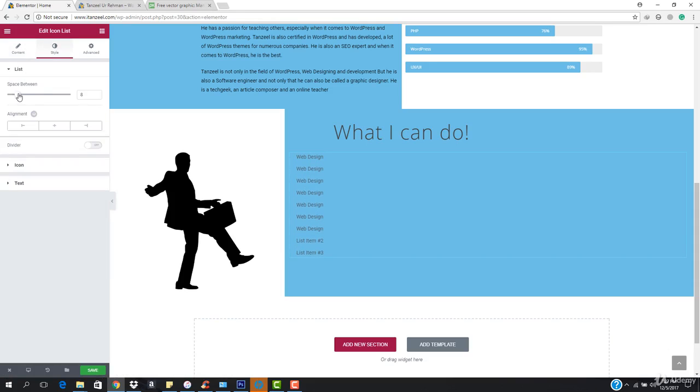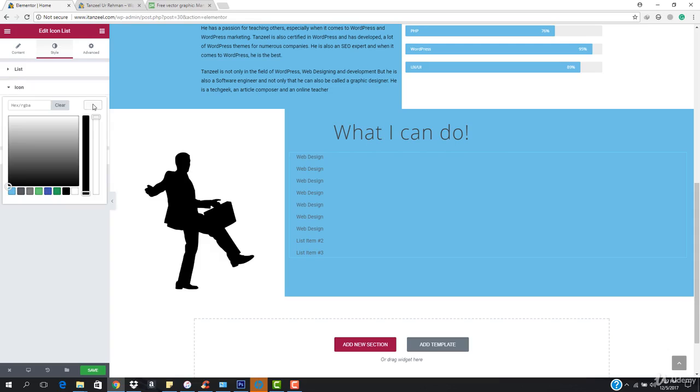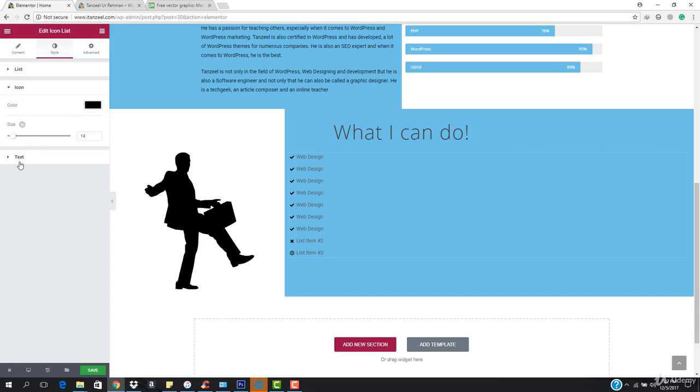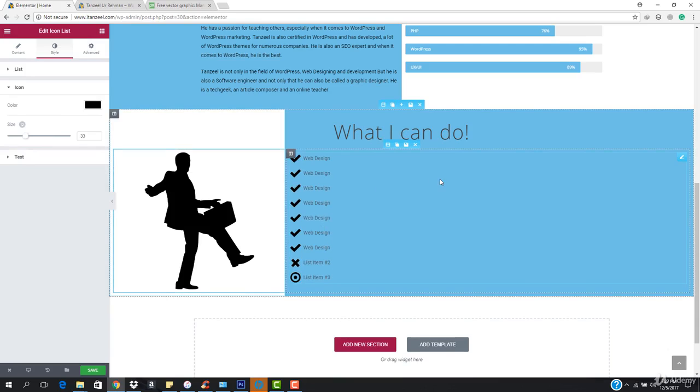I'm just gonna come here, and here we have the space. Then we have the center. So it should be light here. We have icon. So icon color should be black. So you can also add the icon as well. Okay, and then we have the size. So we can also increase the size. So this is how you can also add the icon list. But I don't think I should add an icon list. Instead,